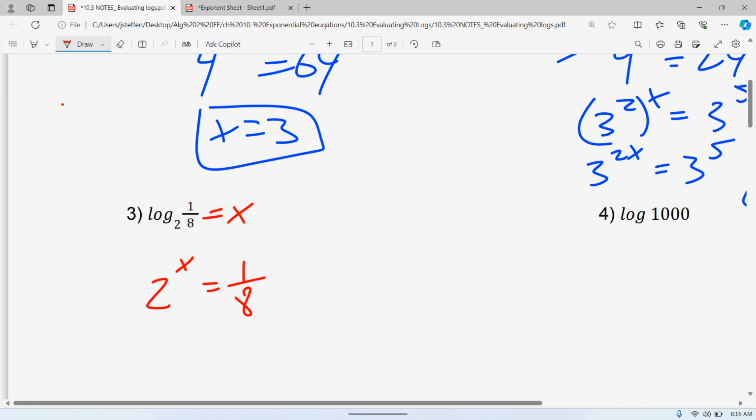First off, if you have 2 raised to a fraction, I know that x is going to be a negative number. So right away, whatever your x is, you're going to figure that out is just like your denominator. 2 raised to what number would be 8? And if you don't chart,